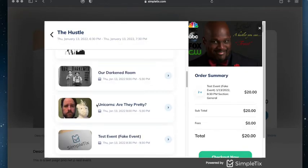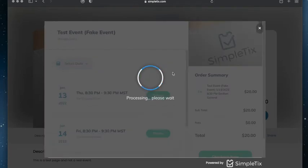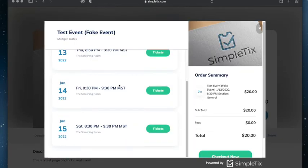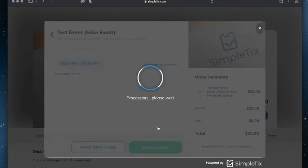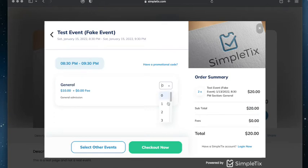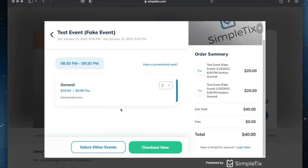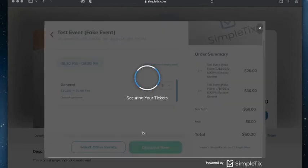But we go back down to this test event, which will be deleted by the time you're all in here trying to buy tickets. Let's click on January 15th, a Saturday. And we'll click 2 tickets for that. Okay. Now let's say that you had purchased a 5-show pass and you want to use that for these. Well, let's make that 3. So there's 5 total, right? So if I go to checkout now,